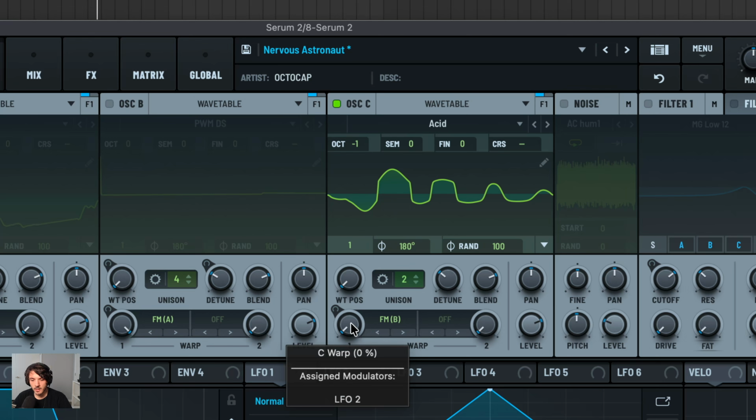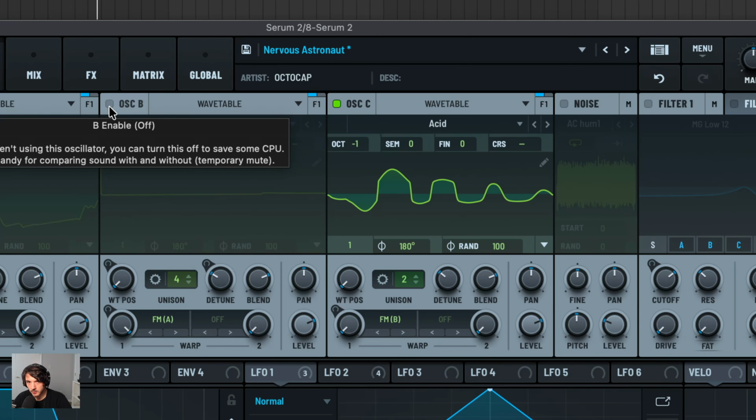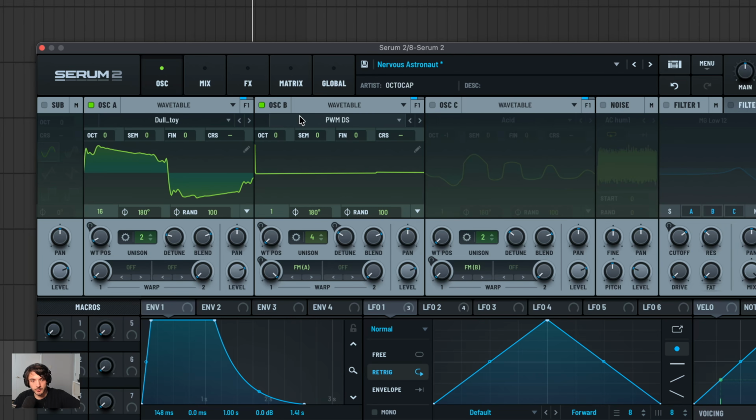But none of this is really happening yet because it's on 0 warp, but I do have some modulation in the next section that makes that go interesting. Let's turn these all back on. Okay, I lied. I'm just going to put 2 of them on because I want you to hear what this does to the sound. So without the acid and with,